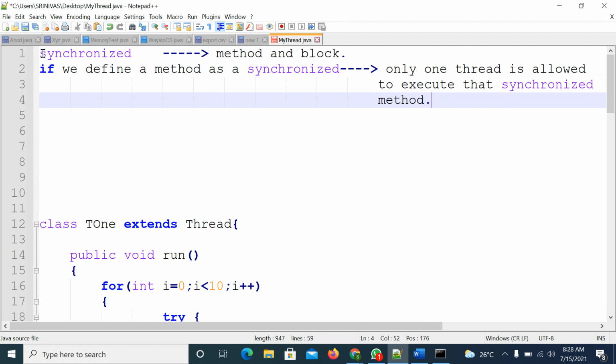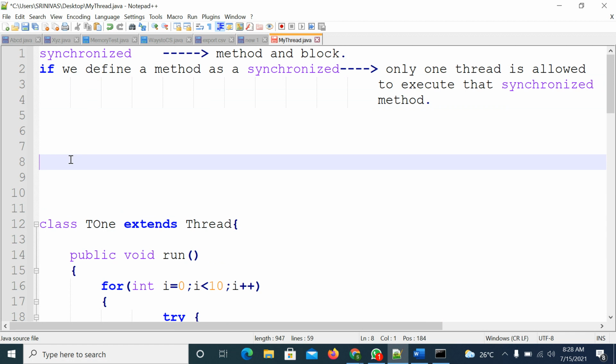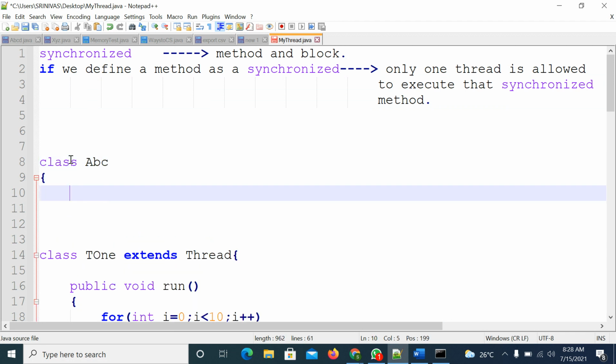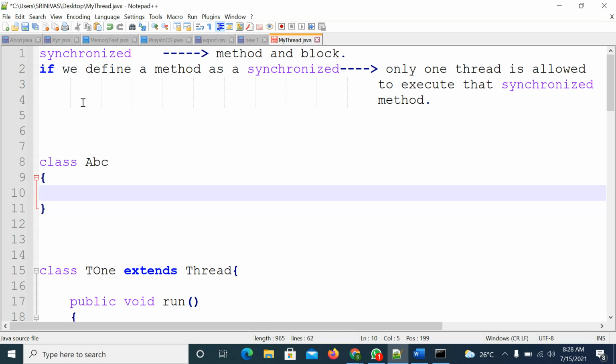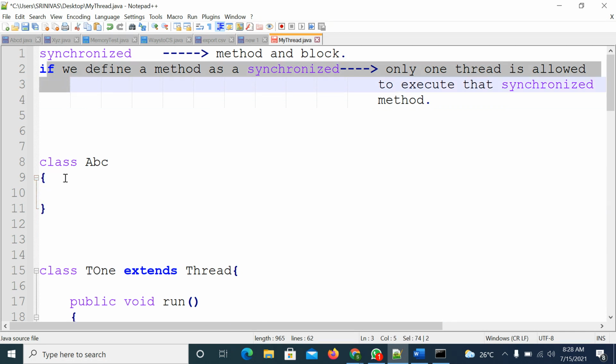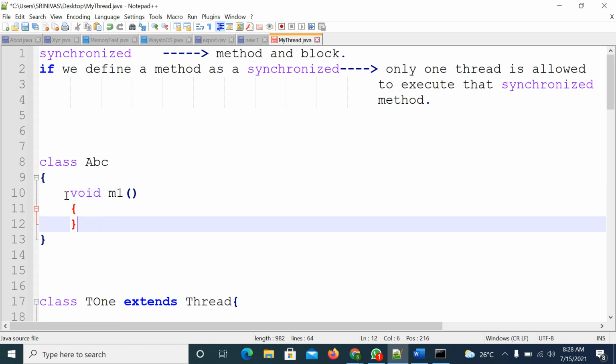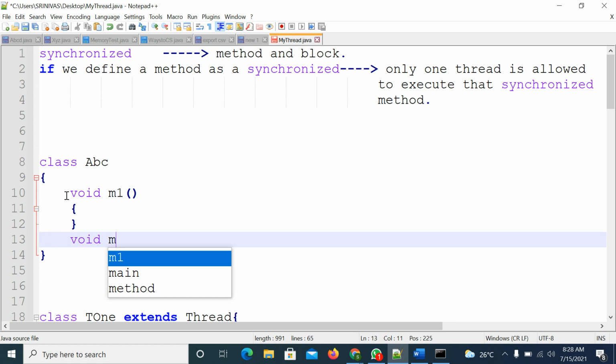Right. Suppose in a class, for example, class ABC is there. Inside this class, suppose we have two methods, one is the M1 method and one is the M2 method.